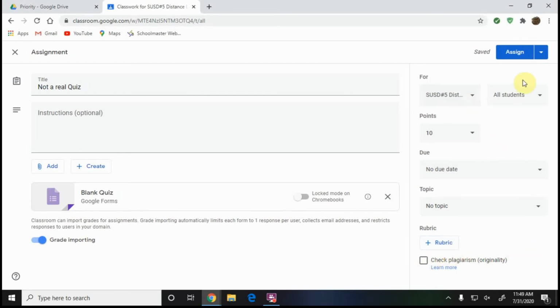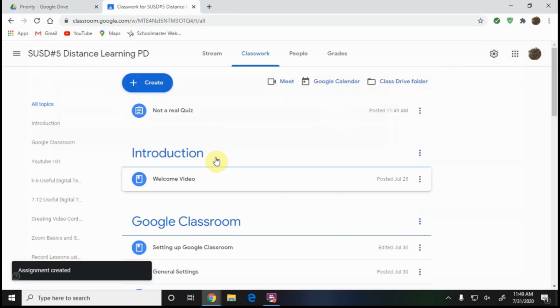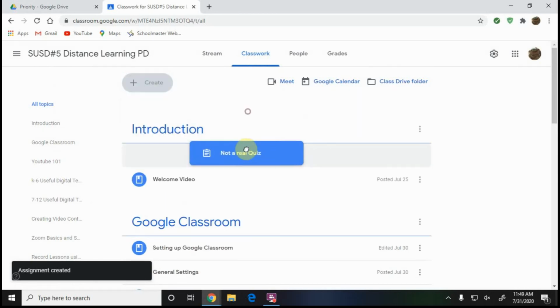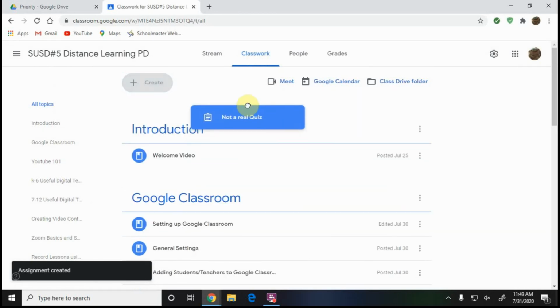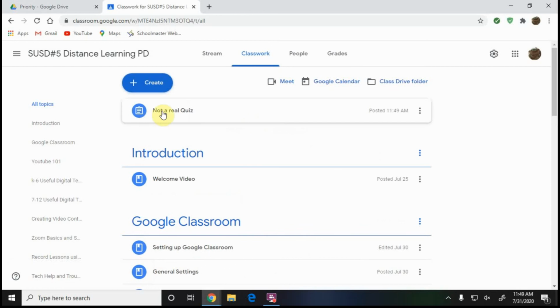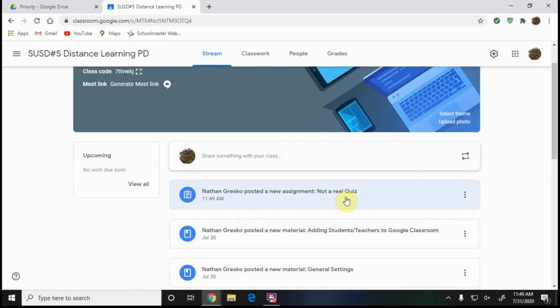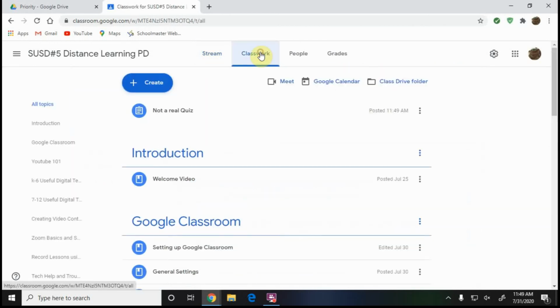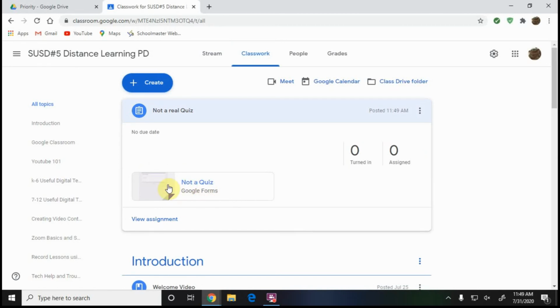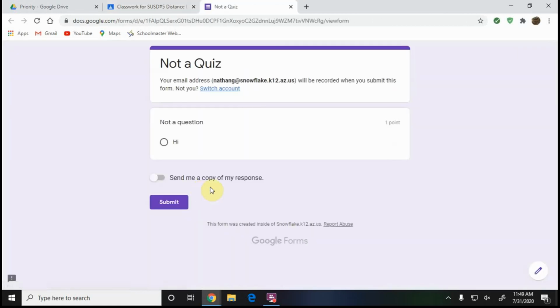And once I'm ready and I click Assign here, it saves it, and it goes away, and there's your quiz that you created right there. If I wanted to, I could move it somewhere. I don't. I want it right at the top so that my students know this is their latest assignment. If you go back to your stream, it will say I added a new assignment there. So there's a couple of places where it will show up. If I click on it, it even shows my quiz, and they can click right there and